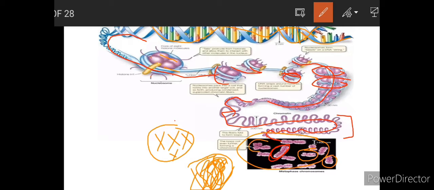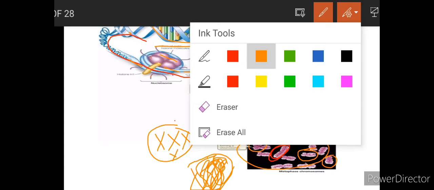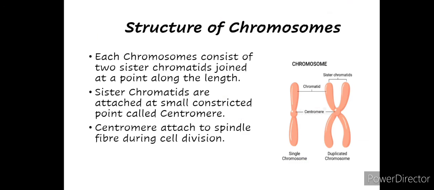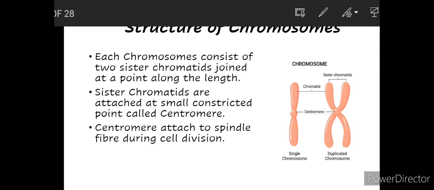These are chromosomes. They are the condensed form of chromatin fibers, and chromatin fibers are made up of histone proteins and DNA. And DNA, we all know, is made up of nitrogenous bases, this part, and it has 2 strands which are made up of phosphate and pentose sugar. So let's see the structure of a chromosome in detail.